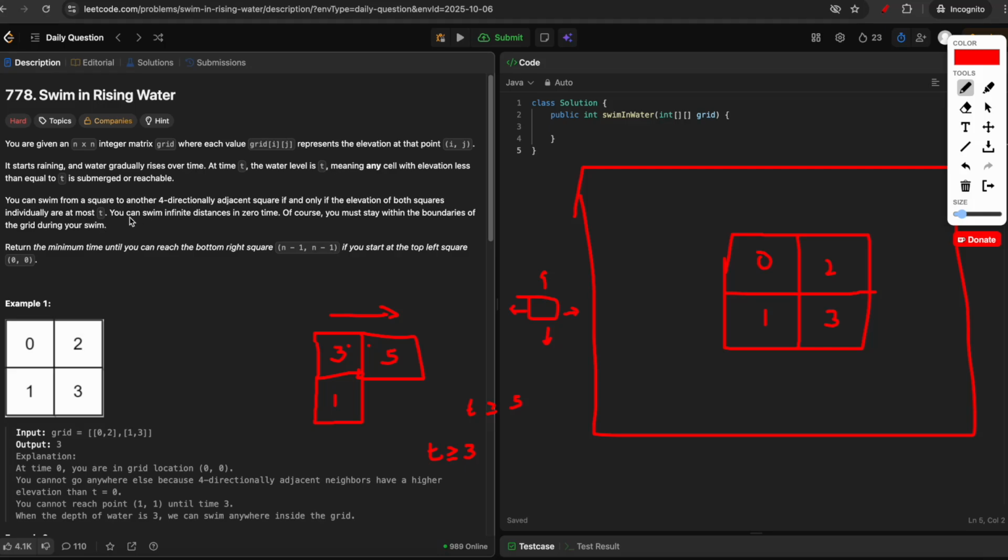And it says that you can swim infinite distance in 0 time, and you must always stay within the boundaries of the grid. And at the end you just have to return the minimum time at which you can reach from the starting point 0, 0 to the ending point n minus 1, n minus 1. So if you see the first example,